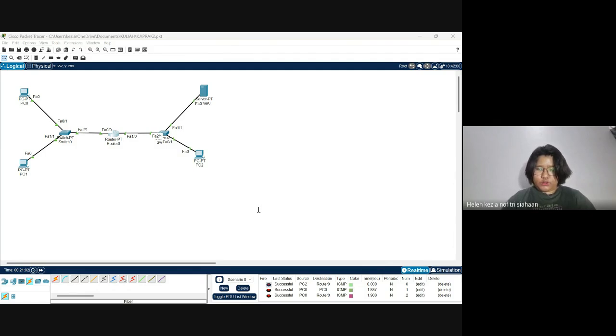Then you can type interface FA0/0. It was for the left side. Enter, and you can type down the IP address.